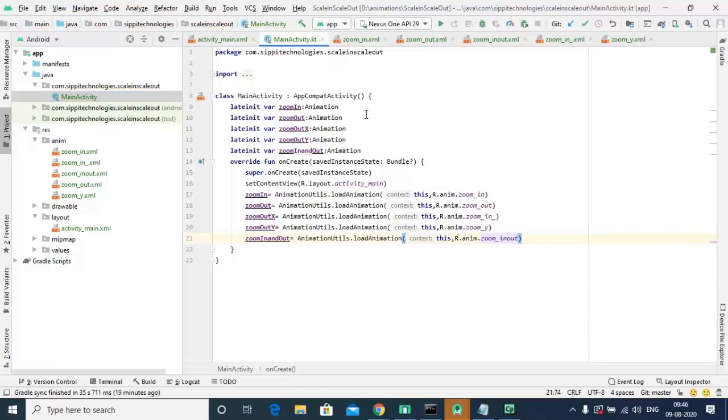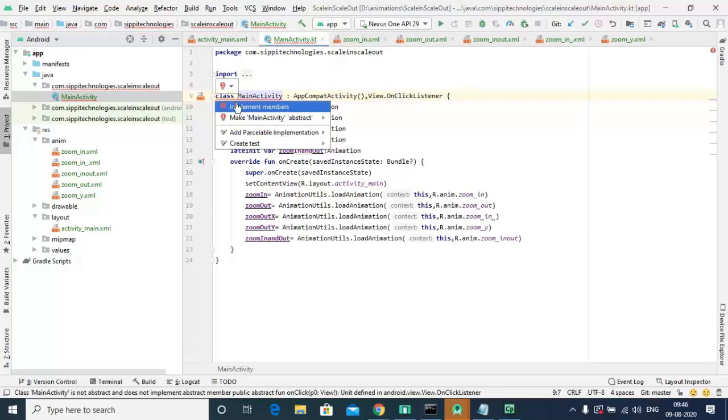Okay, now implement on click listener to change the animation as per our